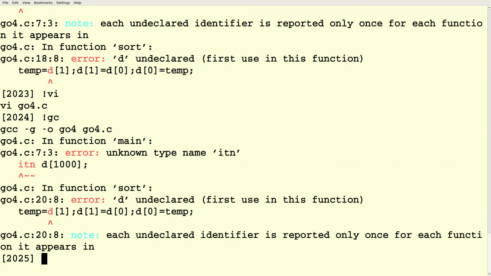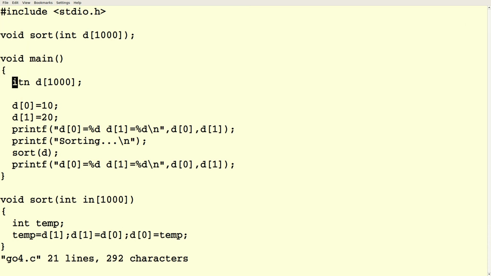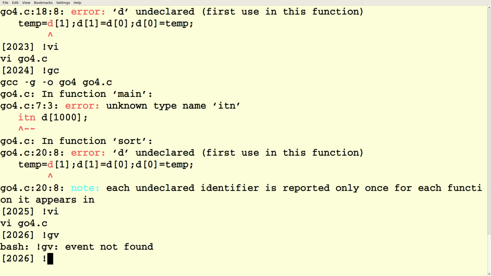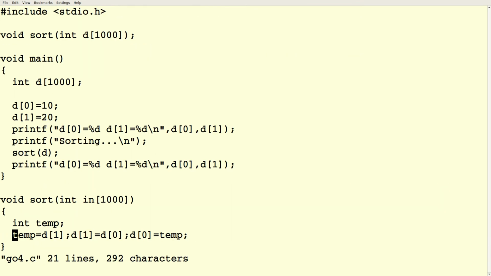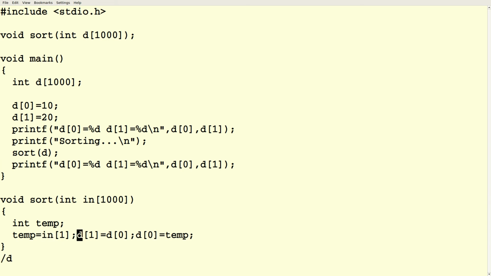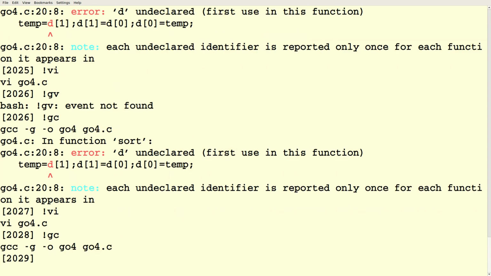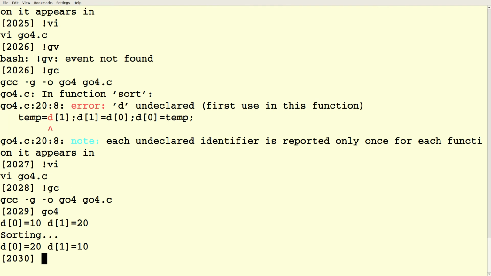It's not int, that's a new variable type. I'm getting lots of errors here. Yeah, there we go. All right, so that does swap.